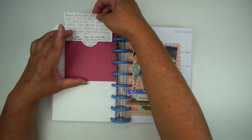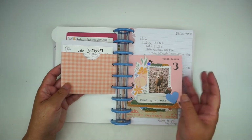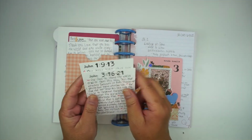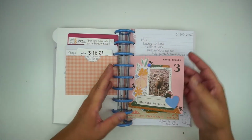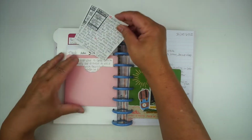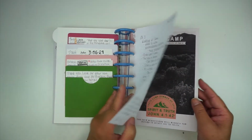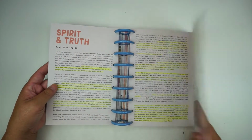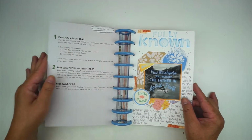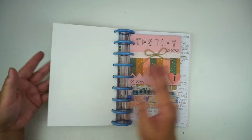And then this is for 2, for 3. I tried to change it up a little bit, use stamps for this one, and also for these, just so that I could have the scripture reference with my notes. And then this is just journaling. And then again, my handwritten notes, my next brochure, or the third devotional for the third week. And then again, my takeaways from her live, and then my 3